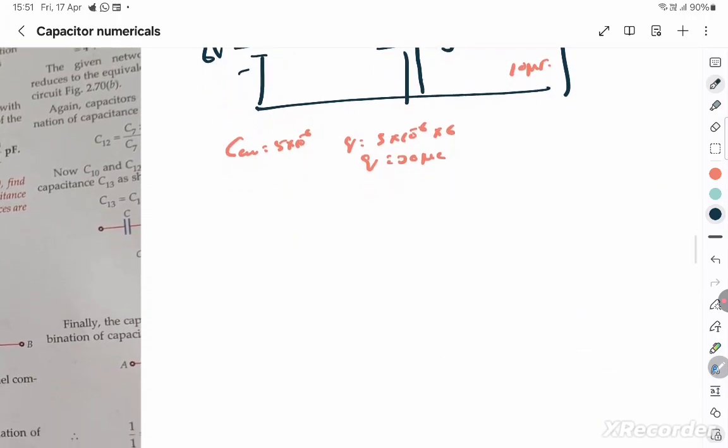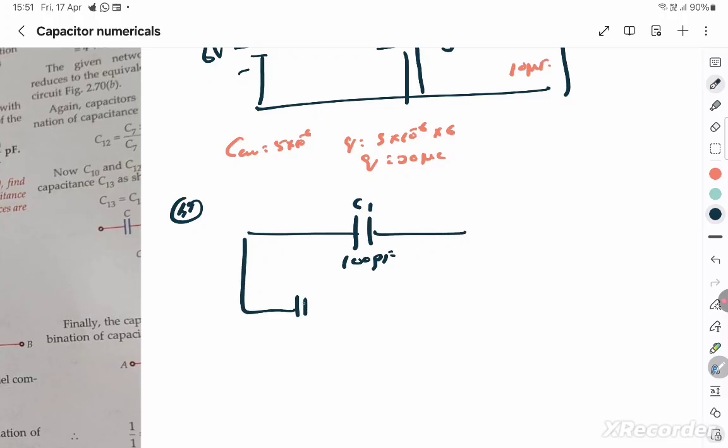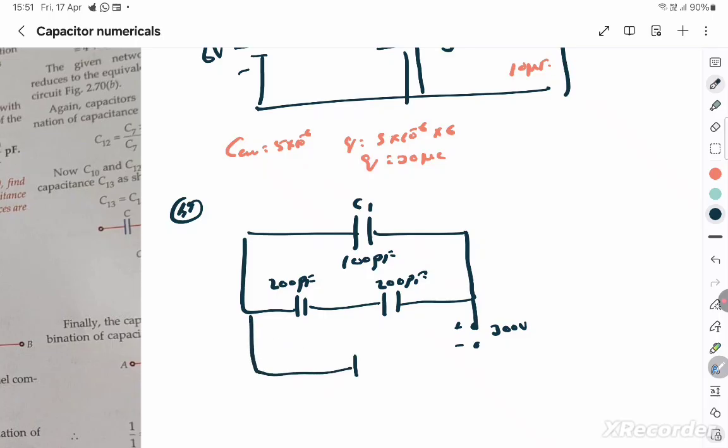This is the 49th question. That again is not there, so I'd like to write it here and finish it off. Obtain the equivalent capacitance of the network. For a 300 volt supply, determine the charge and the voltage across each capacitor. Okay, the capacitor diagram is given like this. This is C1, which is given to be 100 picofarad. Then there is a 200 picofarad here, and there is a 200 picofarad here, and there is a battery or a voltage here which is 300 volts with a positive and a negative,